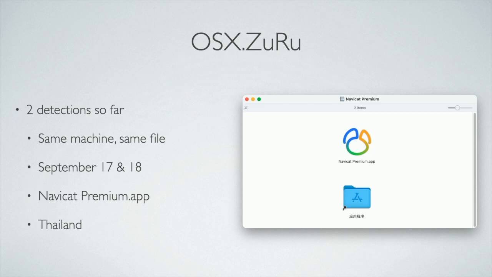Don't really know, but we may see more out of this one in the future. It looks like it might be outside of our user base again, because there were a lot of indicators here that it was in China and other Asian countries, which is kind of outside of our area.